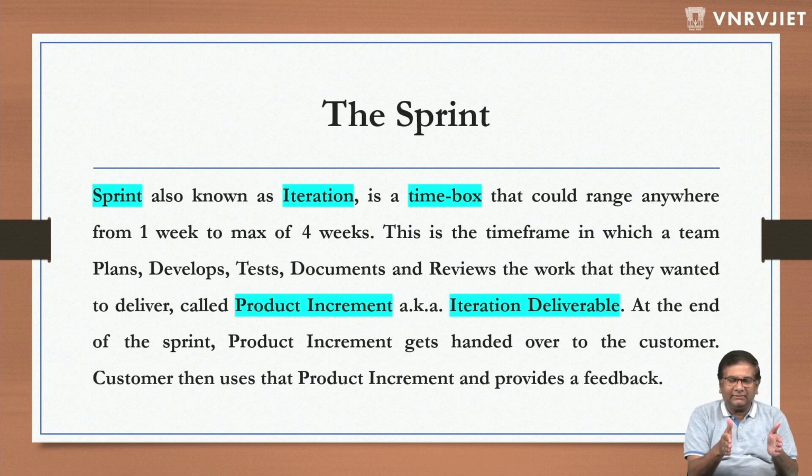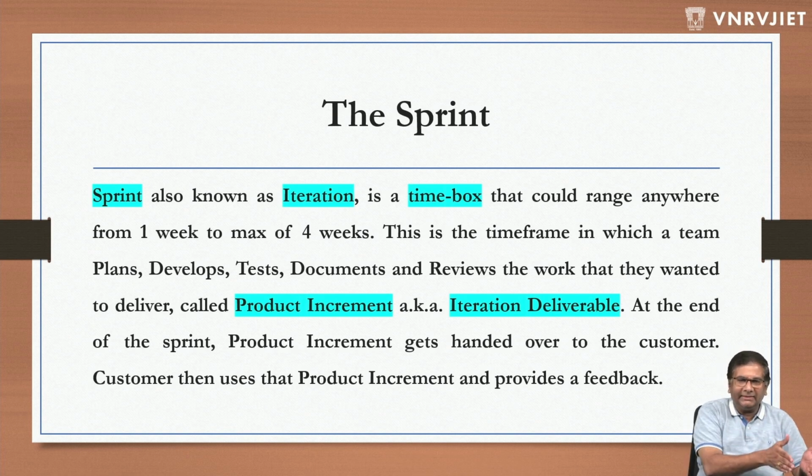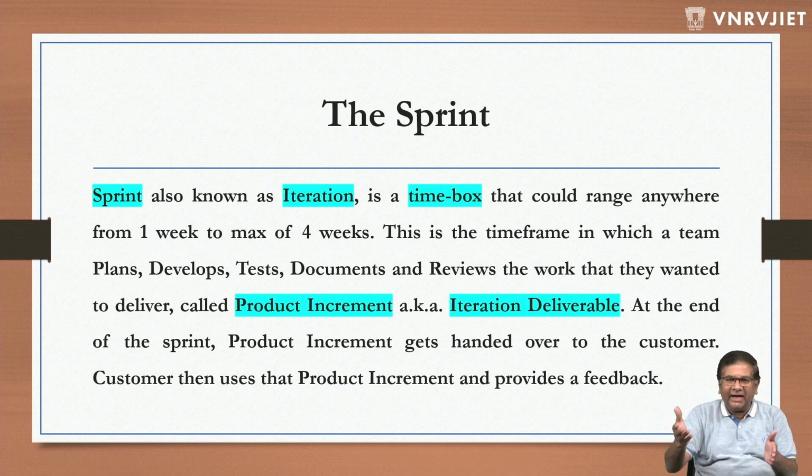Why it is limited to 4 is because Agile says that the iteration or the software delivery increment should be in a small cycle. Sometimes 1 week should be okay. Sometimes it might require 4 weeks. Beyond 4 weeks, which is like a month, if you keep taking more time, then the software gets piled up and the value of the software gets reduced. So that's the reason they limited it from 1 week to a max of 4 weeks. So you can take anywhere between 1, 2, 3, 4 weeks for a sprint.